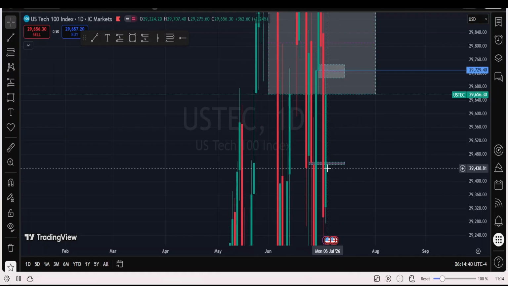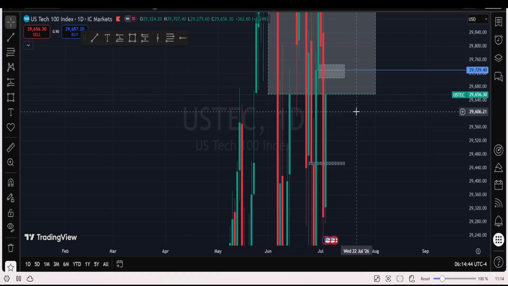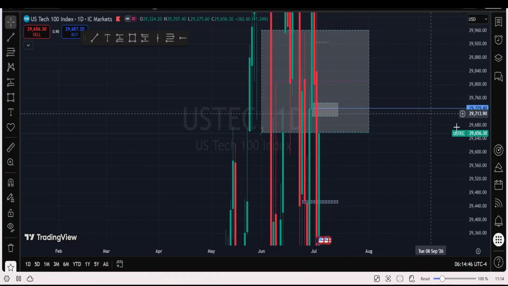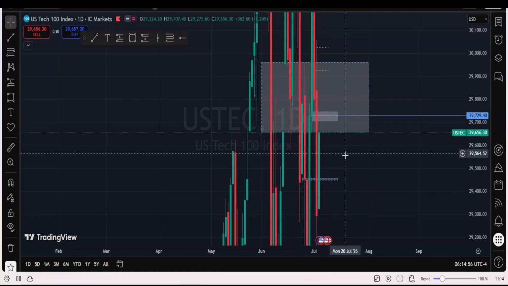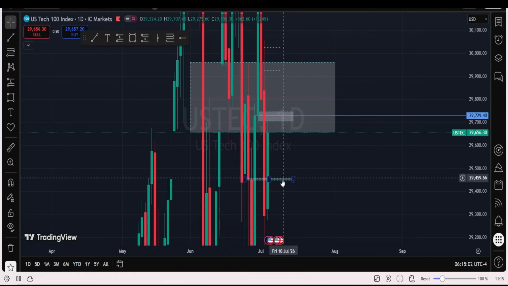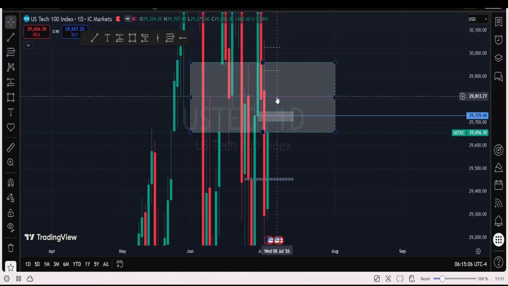So what are the things you need to look at? Look at if price will continue to go up. We want to see price respecting the level we've mapped out on the higher time frame. Respecting this level as a fair value gap and order block is our main focus. It might get to this level before it continues to drop. But whereby price opens and starts to run down, keep your eyes on this level. It might react as a support to take the price higher to the level we've mapped out.